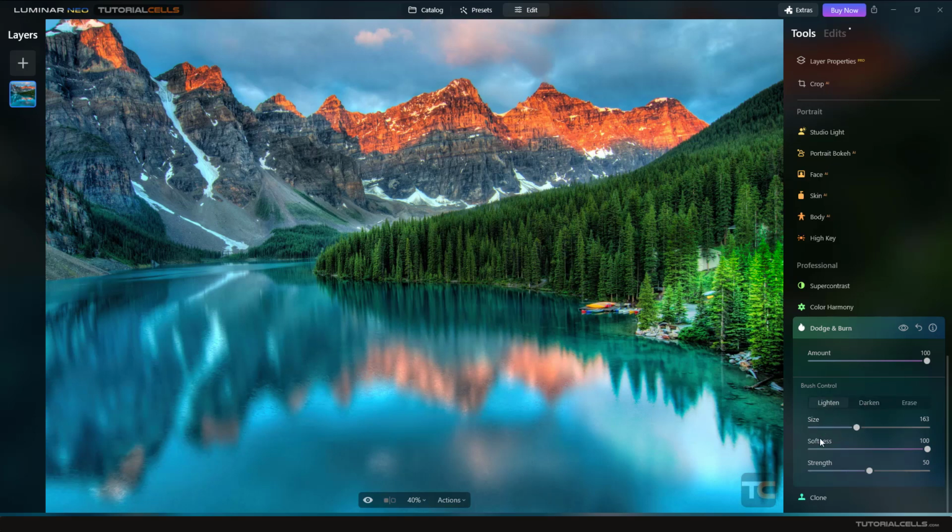You can change the size and how soft it is, as you can see. If you want to darken it, it's very soft. Or if you want it hard, you do it like this. So this is the softness. Strength